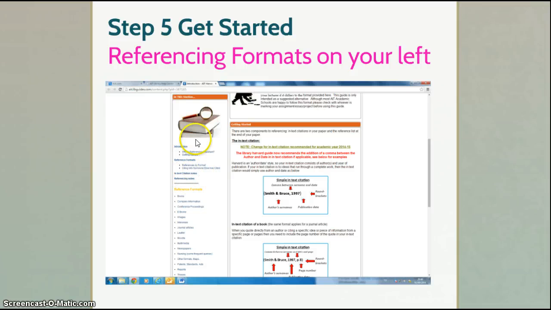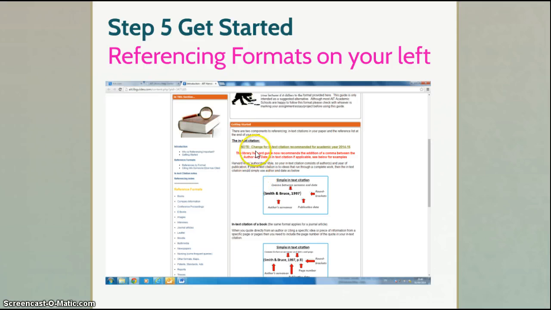So underneath the elements that I highlighted here on the left hand side, you will see yellow text, and it's called reference formats. These headings cover all the different sources of references that may be used, from videos, multimedia, books, internet, journals, newspaper, conferences, etc. If you click on any of these headings, they'll show you how to reference material obtained from these sources.